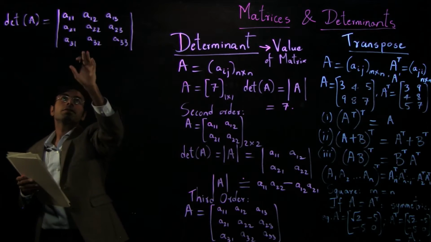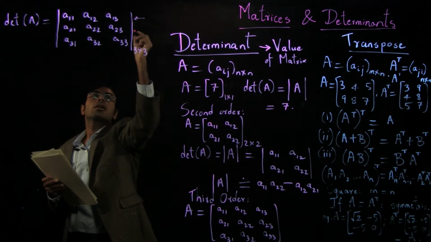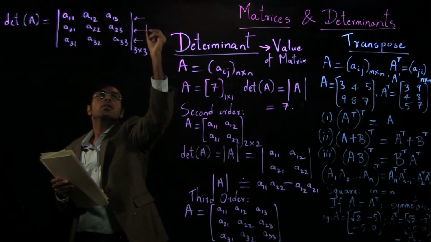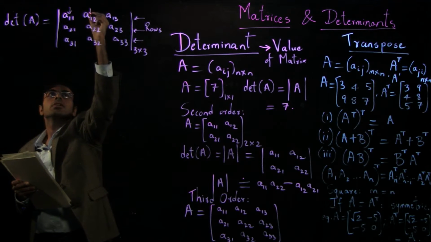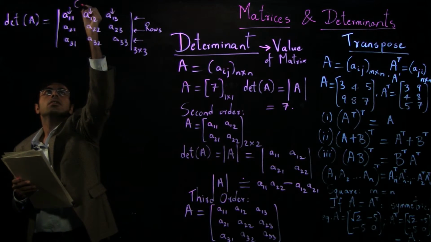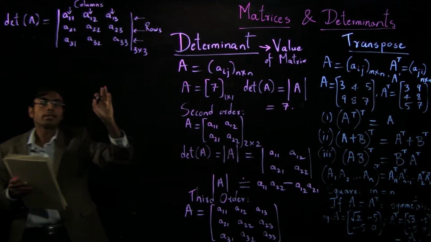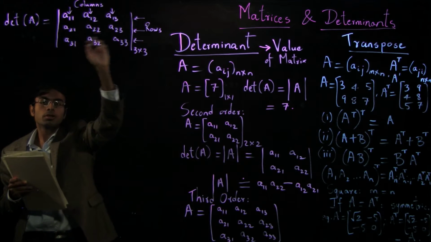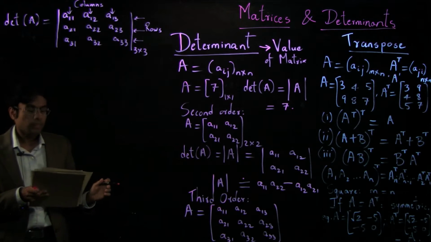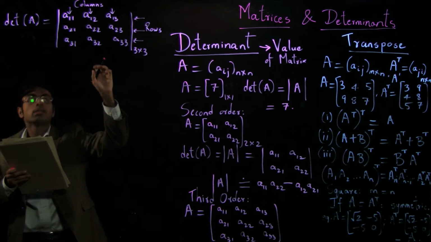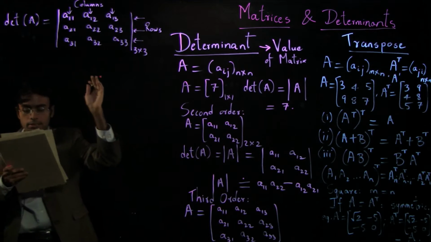So what you will notice here, this is a 3 by 3 determinant. These are the rows of the determinant, and these are the columns of the determinant. And to determine the value of this determinant, you can expand it by any row or by any column. And without loss of generality, let us try to expand it by the first row. And for now, you will have to take it from me as a definition